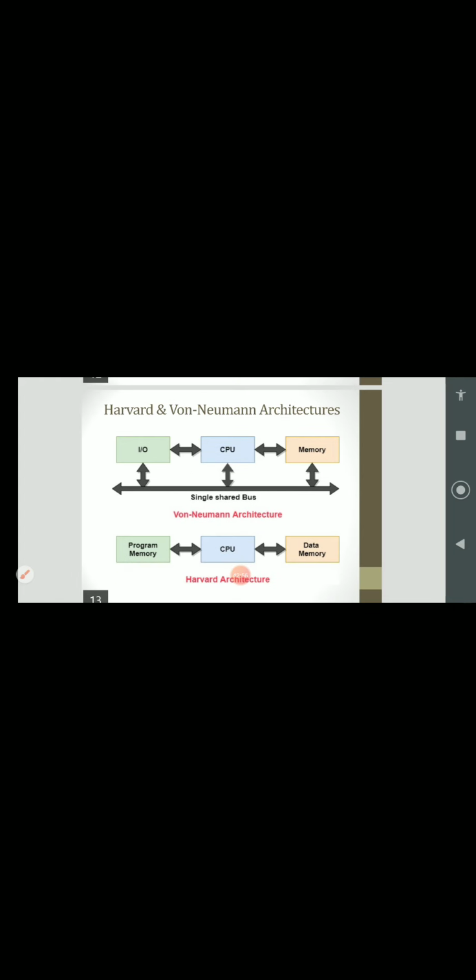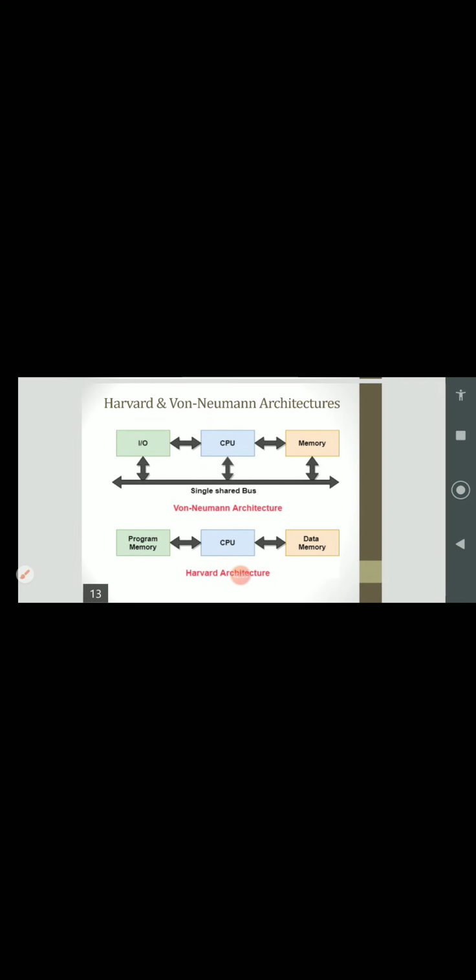That is in Harvard architecture style. In the below figure you can see there are two black arrow marks, that represent a bus. In between CPU and program memory, that black arrow mark is a bidirectional bus, we can say. That is the instruction bus, used for instruction fetching, whereas the bidirectional bus between CPU and data memory can be used for data fetching.